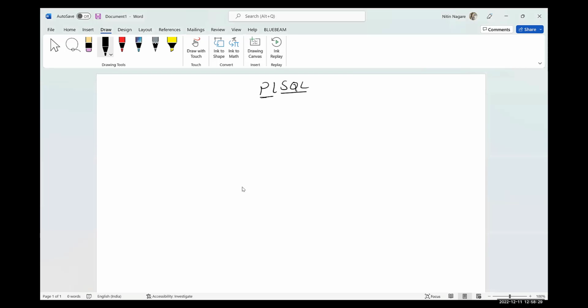If we have SQL to fetch the data from a database, then why is PLSQL needed? Let me tell you first. PL is nothing but a procedural extension of your SQL. Whatever things we cannot perform in SQL, we can perform programmatically in PLSQL. It is a procedural language extension of SQL, you can say an upgraded version of SQL. We can write a program and programmatically fetch the data from your database.